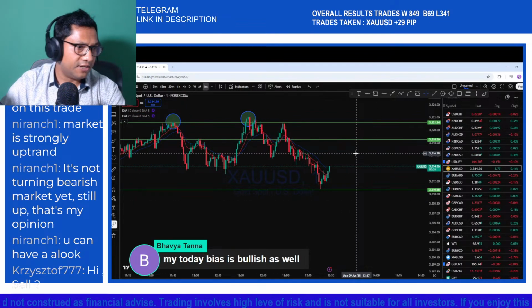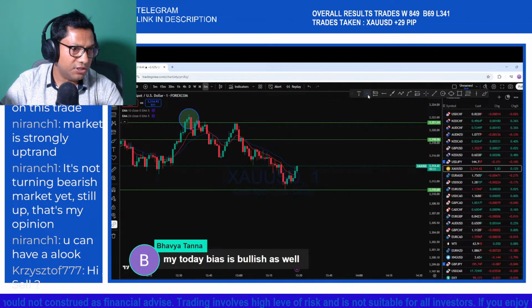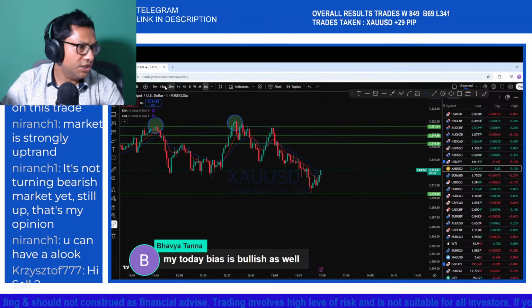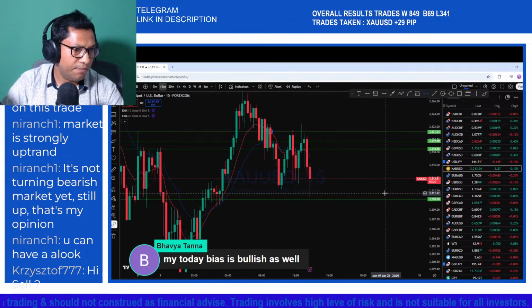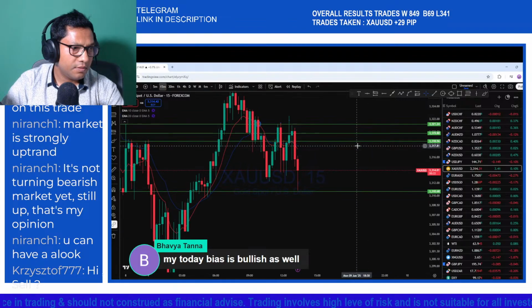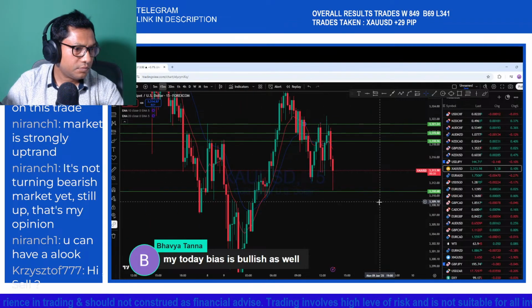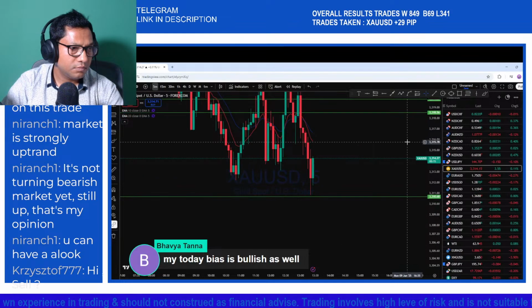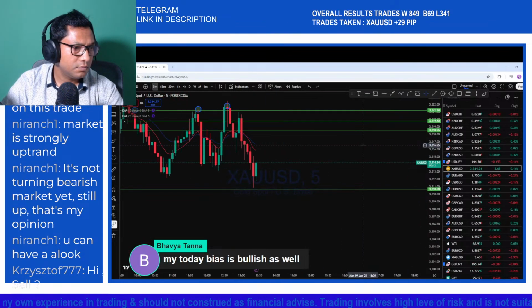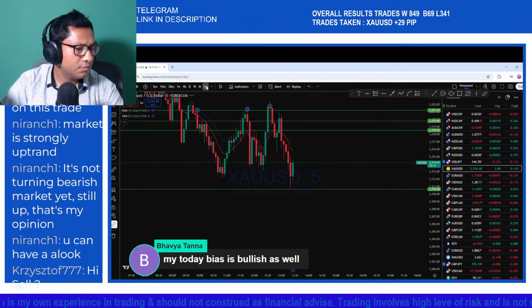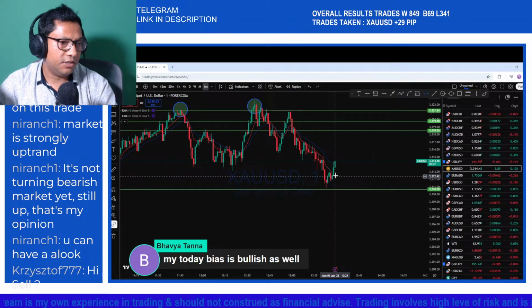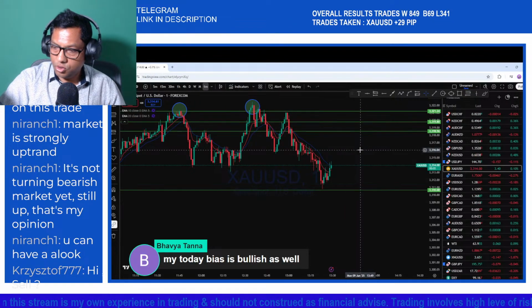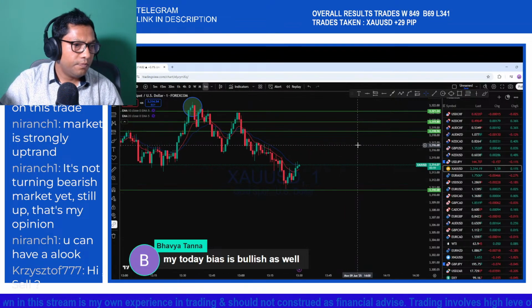Now we can see that breakup structure. Is it going back to retest this neckline here? So let's wait to see how far it might be traveling back to the upside. Now here is a move in the upper direction. So with this move, if we look at,